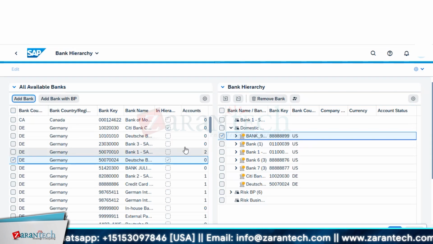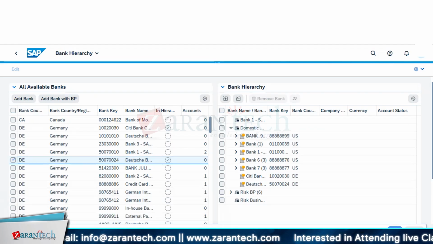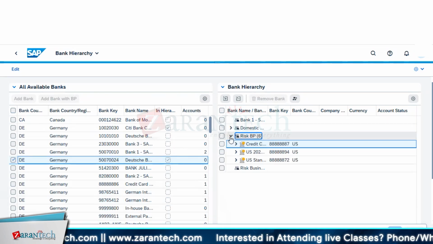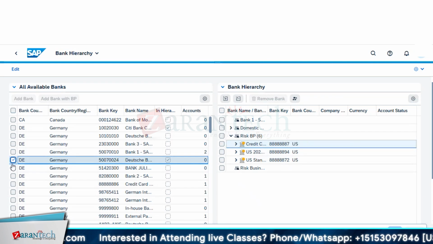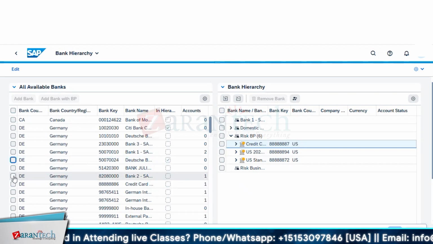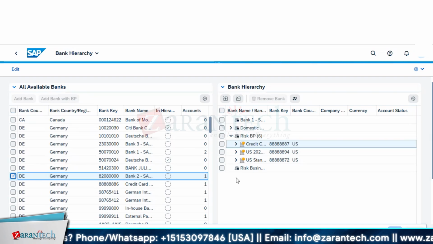Now, if I want this bank key to also have the business partner details added, I can pick it. It's already in there, but I can choose another one. Let me first save this. Let's go in here. These are the respective business partners with some credit risk or something else. Now I've chosen this particular country, which is not added in the hierarchy, the bank key which does not have any hierarchy. I would choose this one, and I would want to add this country and bank key combination